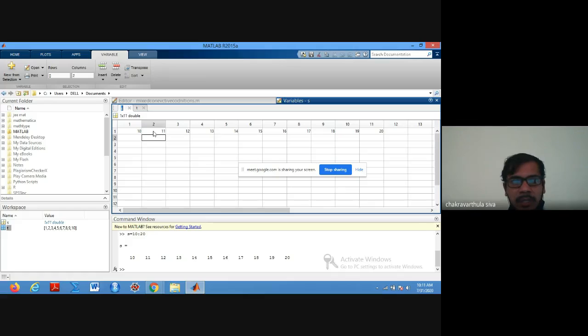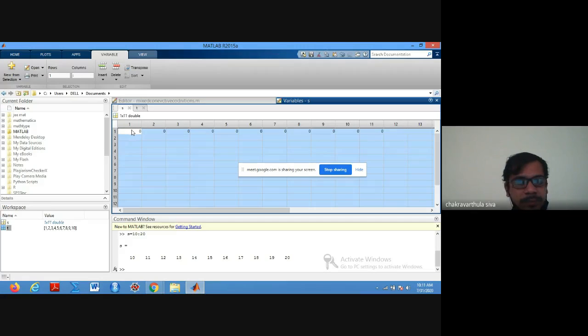So we have generated a column vector, right? We need those also. So select this one. Paste that, we have to convert into a row.